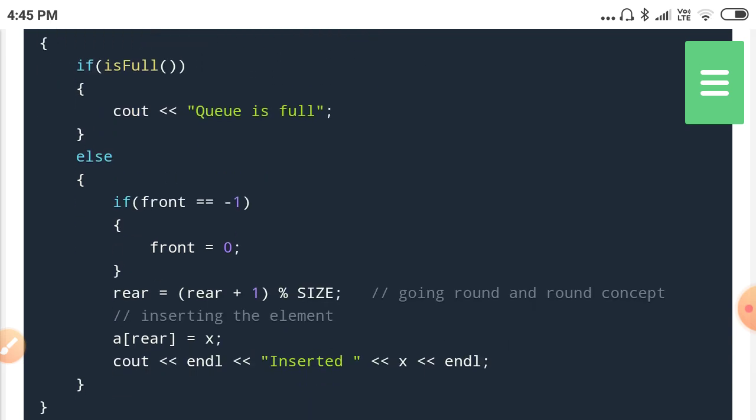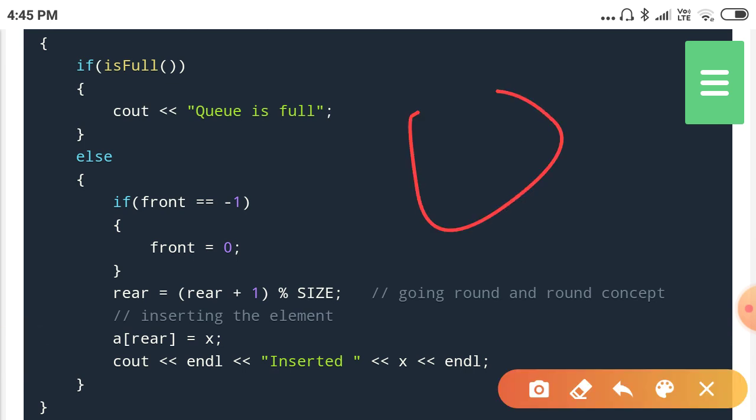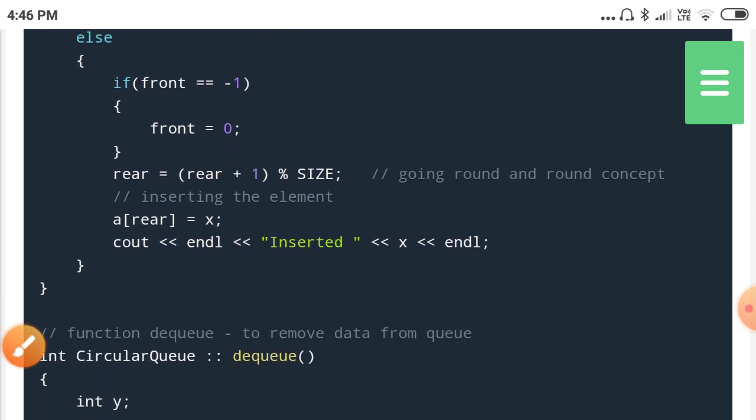Here, in the enqueue operation, the condition is front equals minus 1. We are inserting elements into the queue. If the front is pointing to the minus 1 location, we have to change the front to 0 and insert the element at the 0th location. After that the rear is incremented by 1.